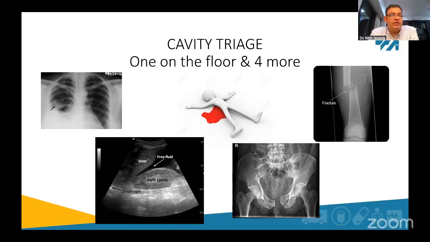The fourth one is your pelvis. Again, you can see an open book pelvis over there. You can lose anywhere up to 2.5 liters of blood in your pelvis. That's how big the pelvic cavity actually is. Again, this is a clinical diagnosis like the femur. You may get an X-ray if, like I said, you're in a well-developed department with X-ray available. You would do only 2 X-rays in primary survey, chest and pelvis. But you can identify this with an externally rotated leg.